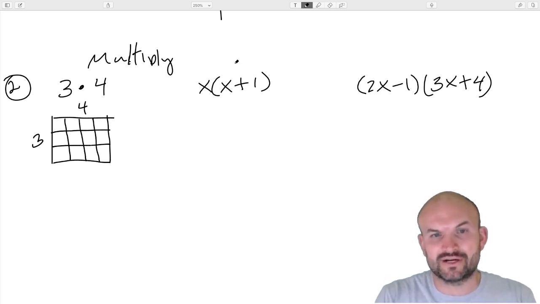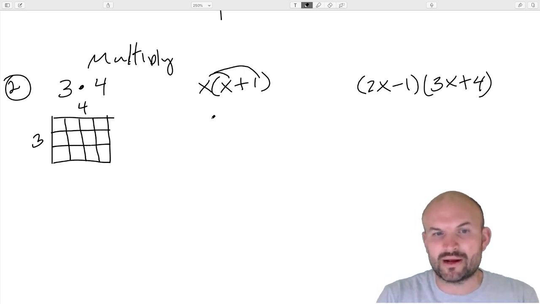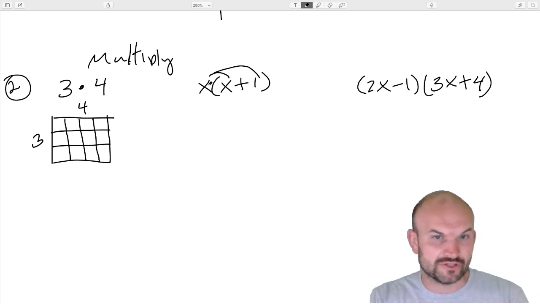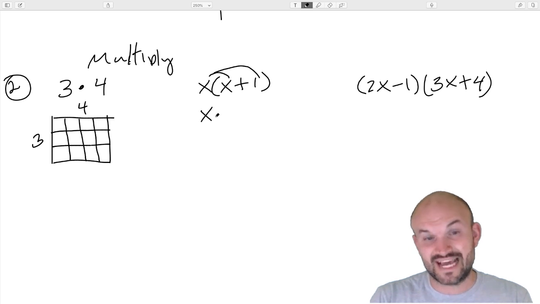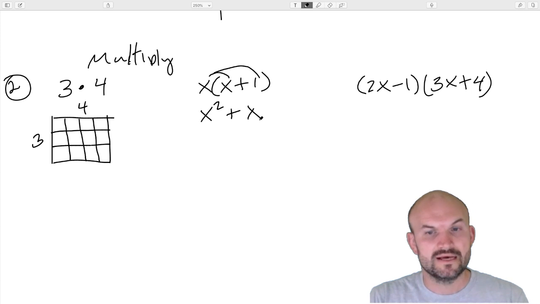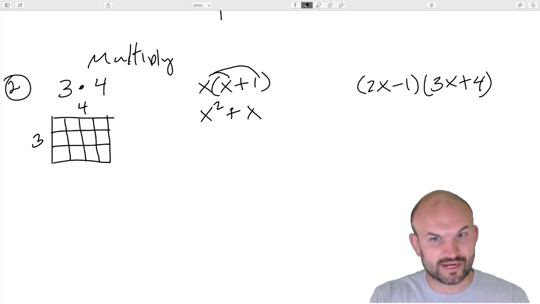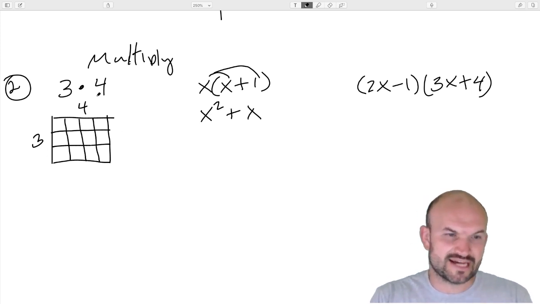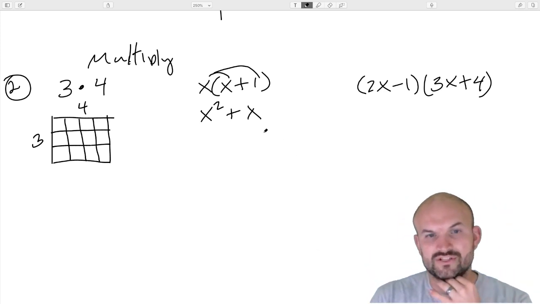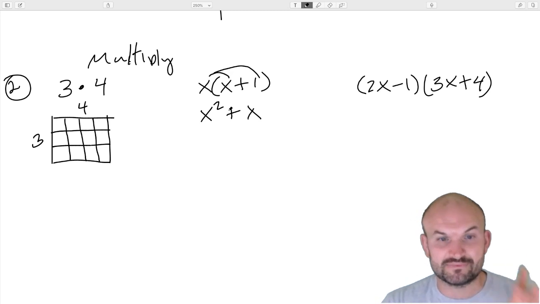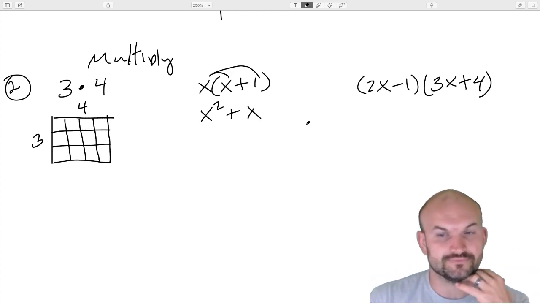So what I'd like to do here is just remind students of the distributive property. When you have a value that's outside of the parentheses, you can just distribute that. So x times x is x squared. x times 1 is just going to be x. Okay, so I'm going to approach this in 2 different ways. We can do this geometric visualization way, or we could also just memorize what it means when we have something multiplied outside parentheses.